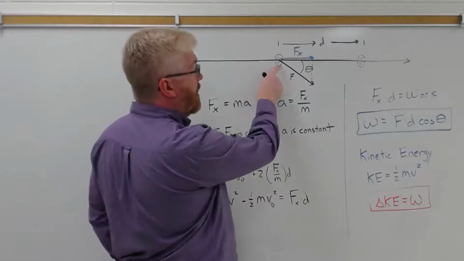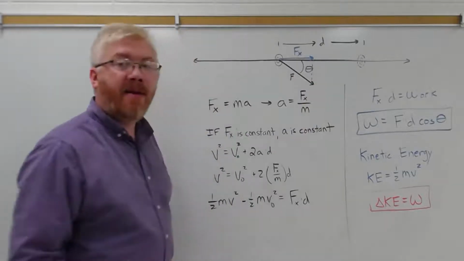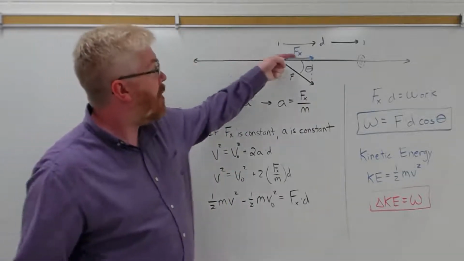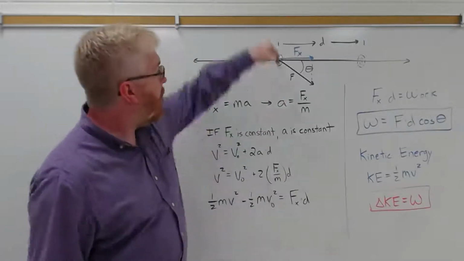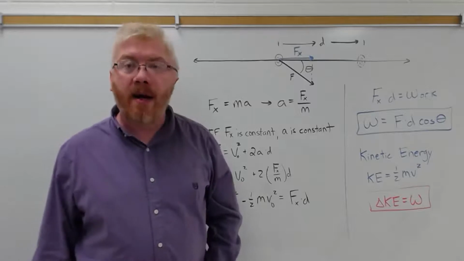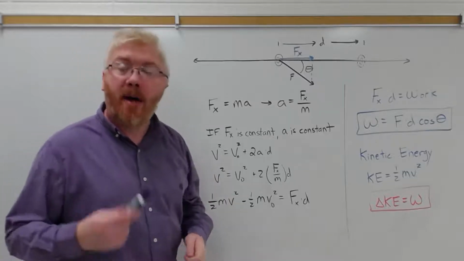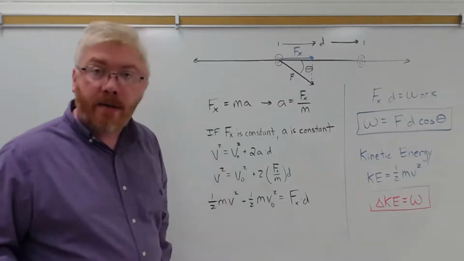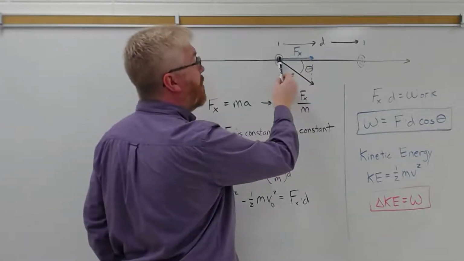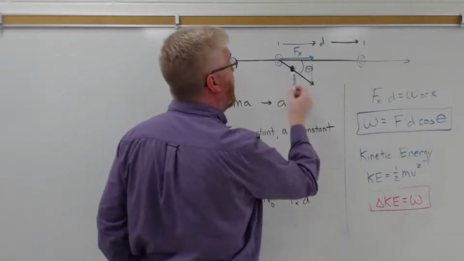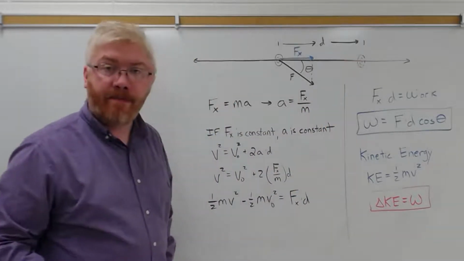So we apply a force. In this case, the force is downward, at some angle theta. And that force is going to have some component in the x direction and some component in the y direction. Well, the component in the y direction, the downward direction, isn't going to move that nut. That nut can only slide horizontally, right? That's how we set this problem up. So the motion of the nut depends on the x component of the force. That x component of the force will accelerate that nut as it moves to the right through some distance d.